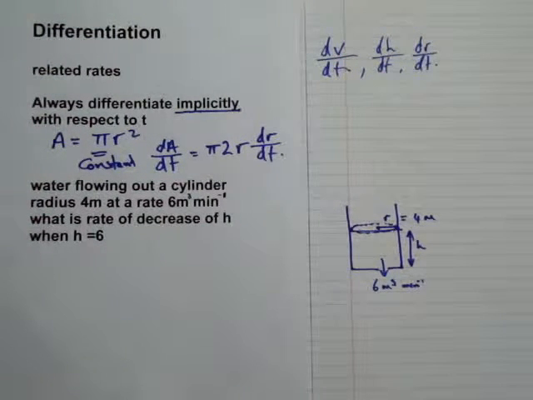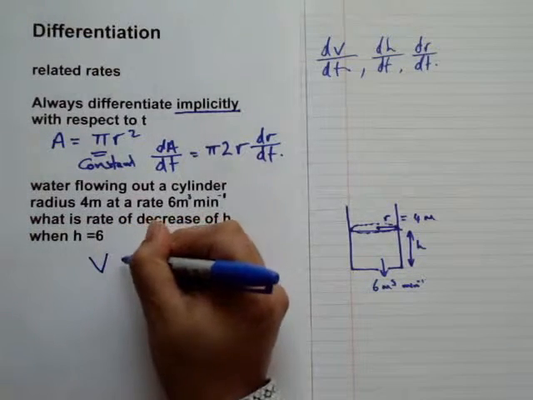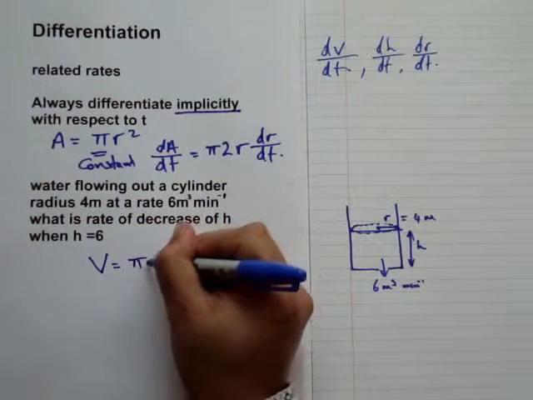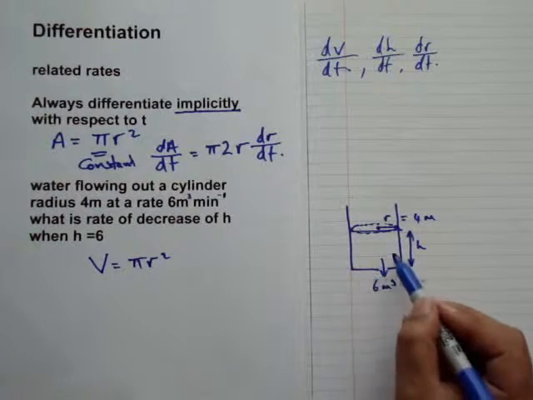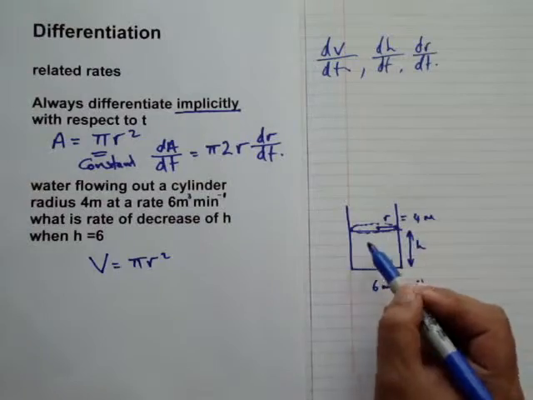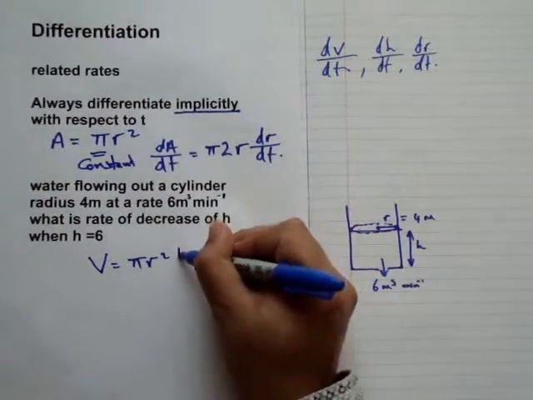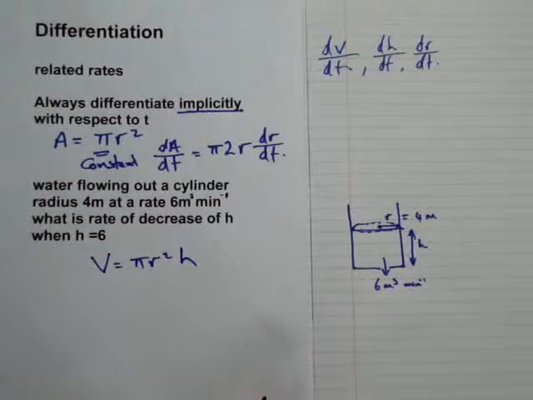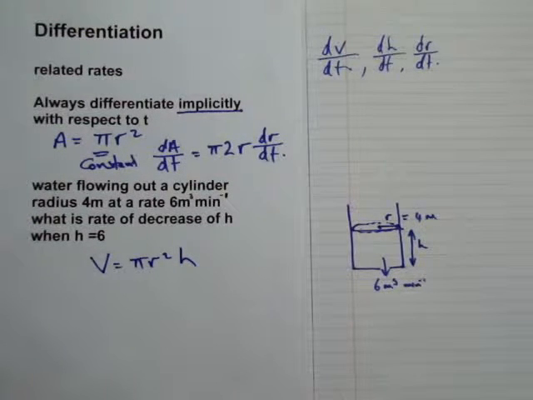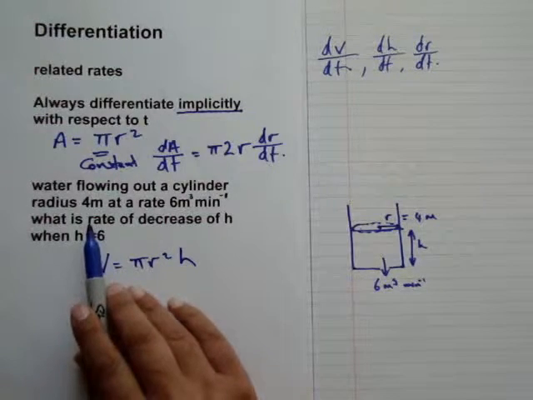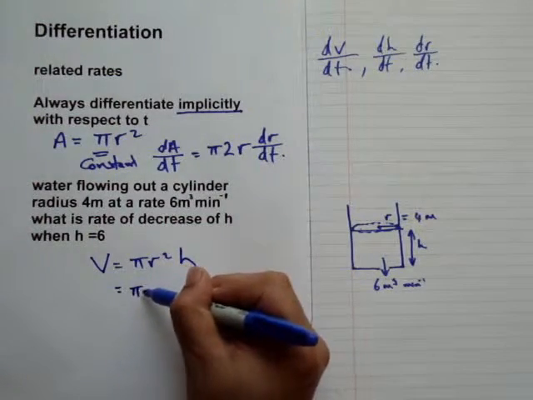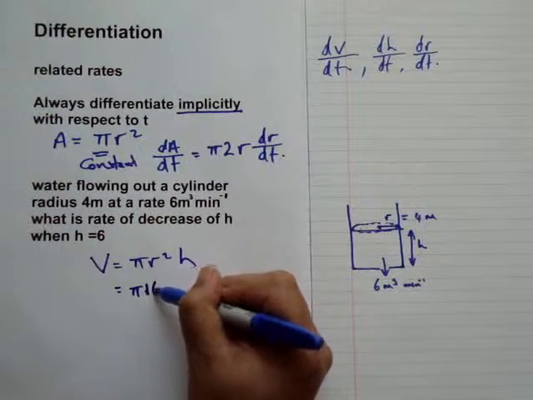So what formula can we use? Now we know that the volume of a cylinder is given by pi r squared, which is the area of the bottom disk, or the disk of water at the top, and we multiply that by h. We get volume equals pi r squared times h. Now when we have r equals 4 meters, this becomes pi 16 h,